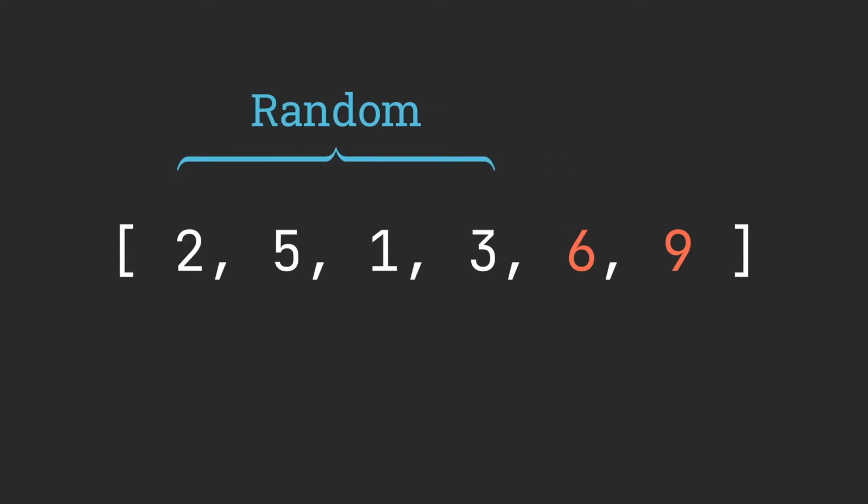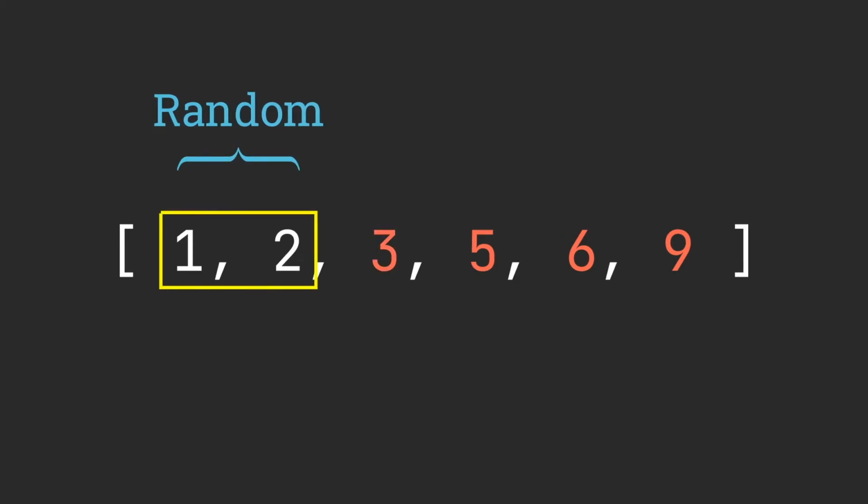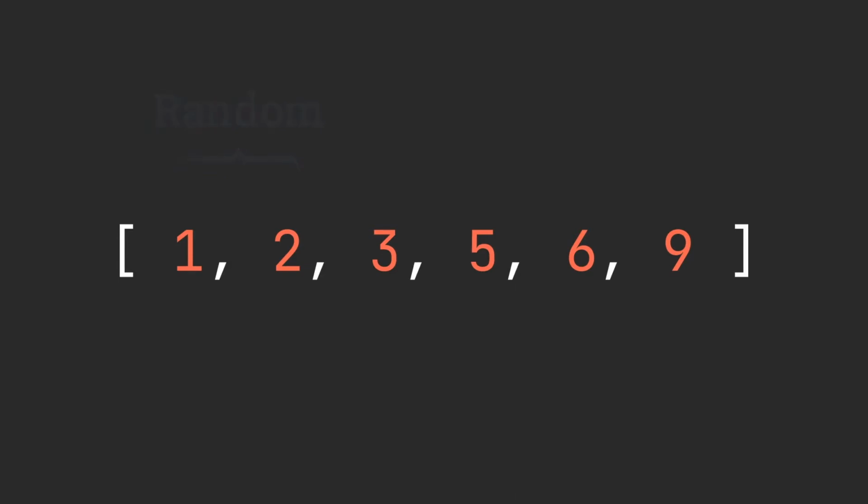You're probably seeing the pattern now. For each iteration, we start with the first two numbers and work our way to the end of the random section, and then we reduce the random section by 1. Of course, we are finished when we complete an iteration that has only two numbers. In this case, there's no need to swap the 1 and the 2. And so we're done. We have correctly sorted the list.